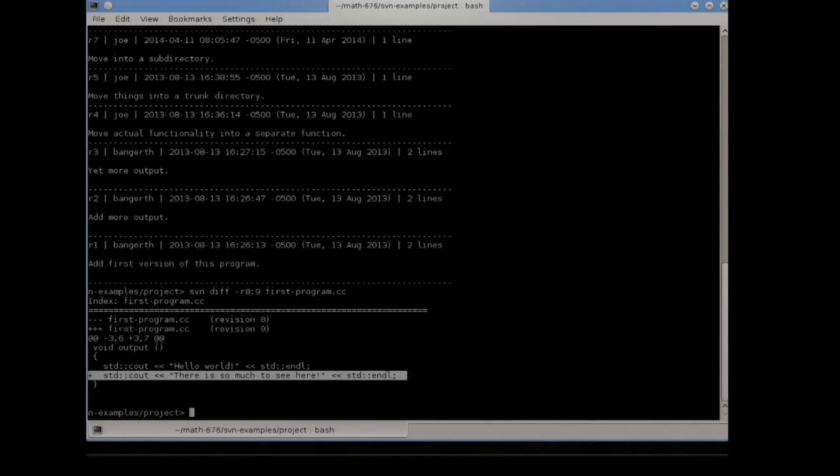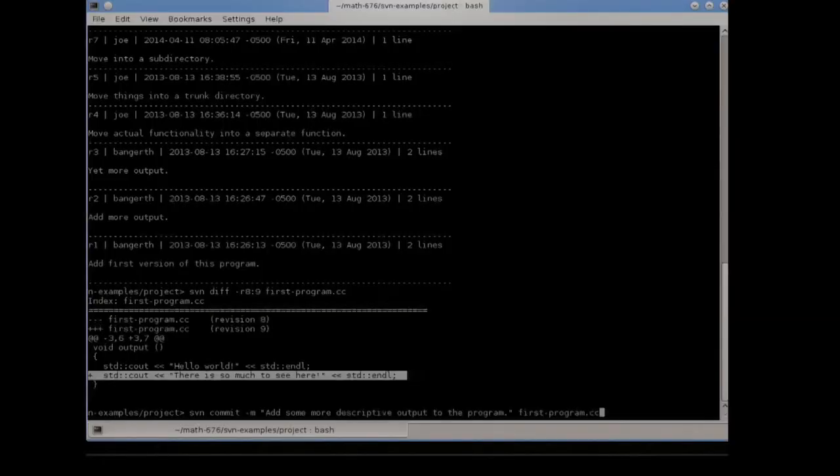So I've shown this to you for a single file, where I made a modification to a single file and then I committed it. In reality, you don't have to do this for single files, but you can do this with multiple files too. So if I had more files than just firstprogram.cc, I could have added them up here. And Subversion essentially versions the entire directory tree in which this happens. It will give revision numbers to the entire directory tree, and this way you can see not just the changes that were made to one particular file, but to all of the files that were changed in this one